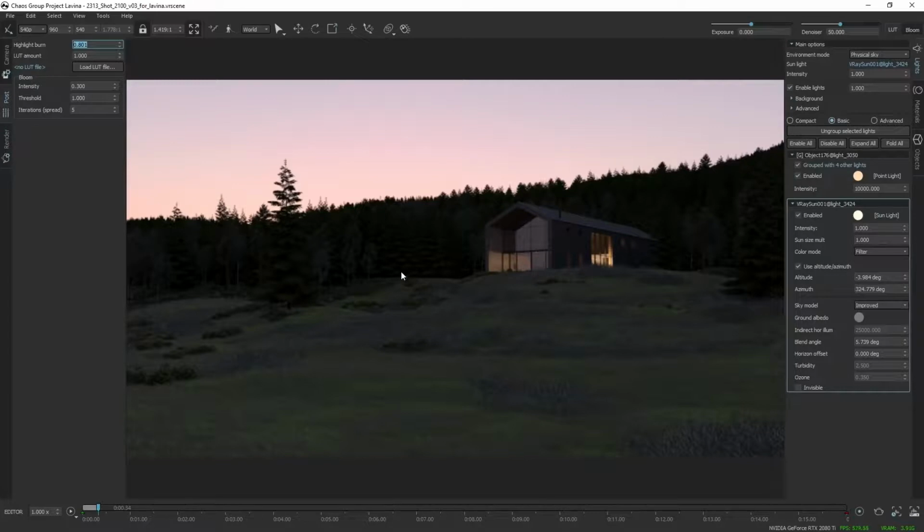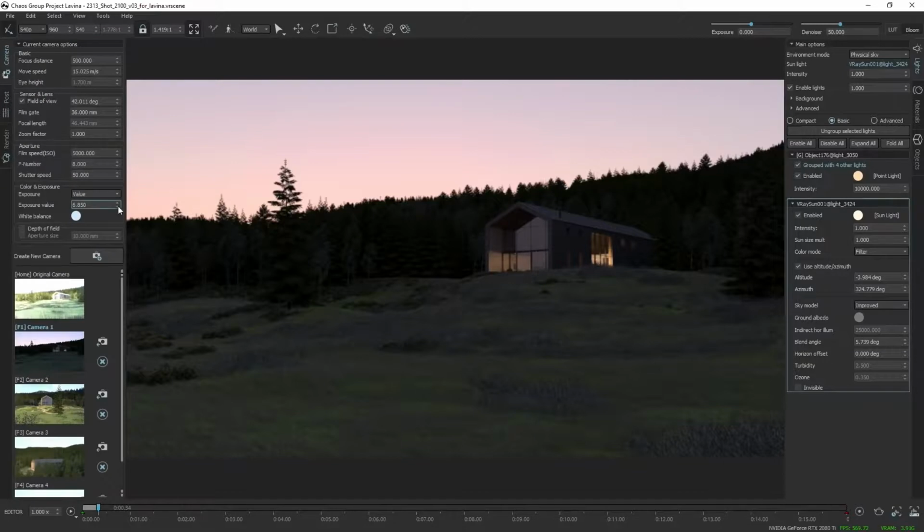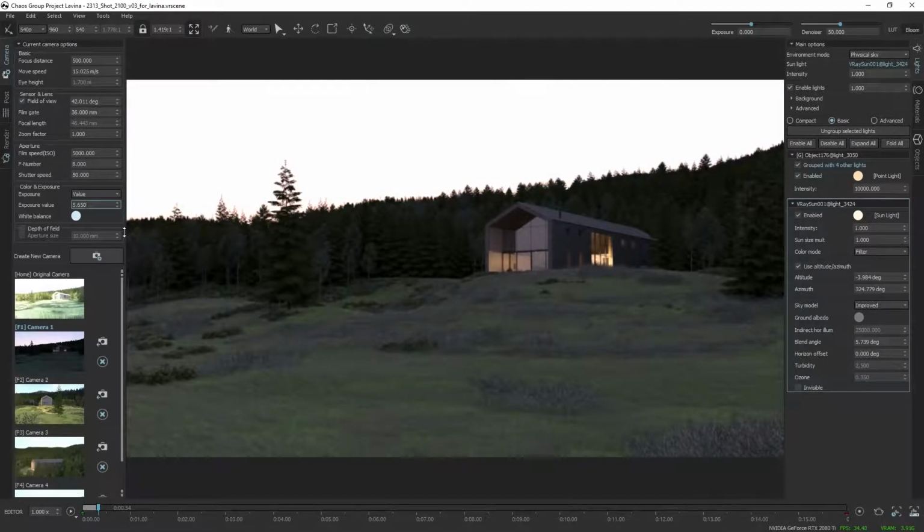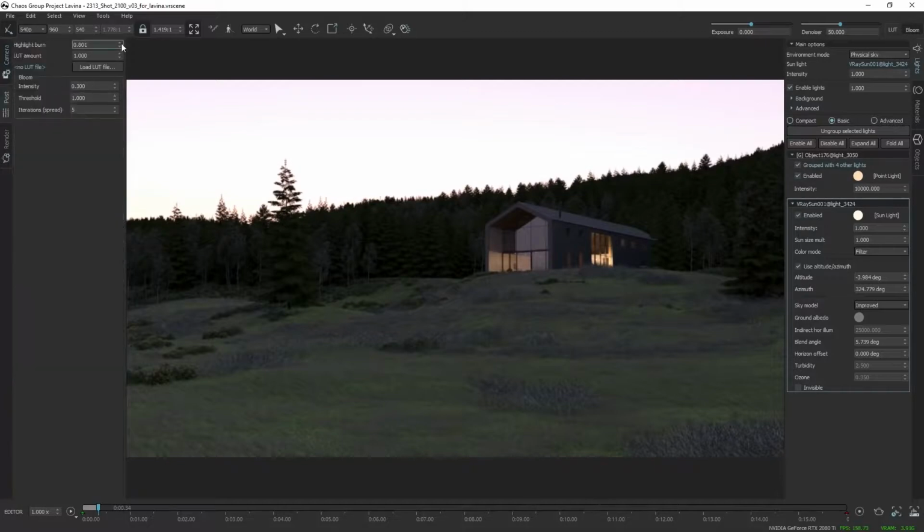And obviously, the combination of this would be to even increase the exposure even more, and then use the highlight burn more aggressively to bring back the highlights here. But alternatively, because this washes away a little bit the contrast and the saturation of the mid-range colors, we can compensate for this using somewhat of a